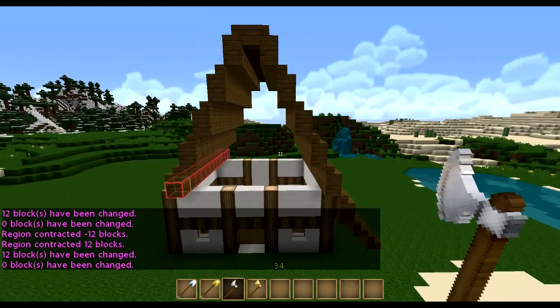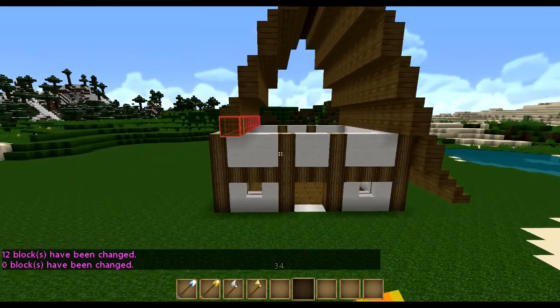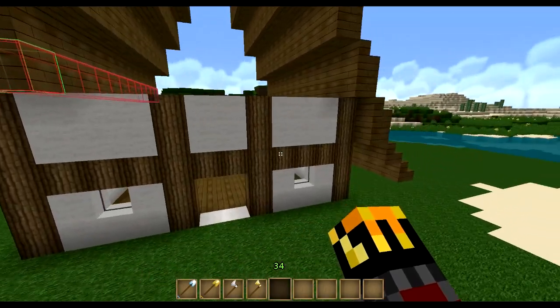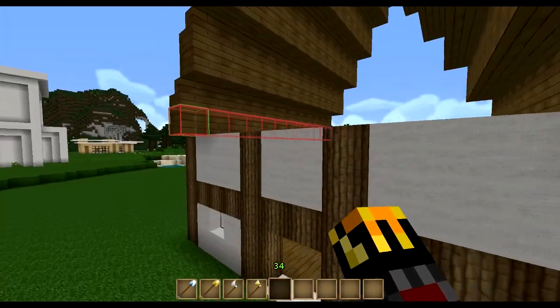And it seems I've made a miscalculation on the size. So here's what we're going to do. We're going to move this wall in one left, and this one in one left, and this one in one